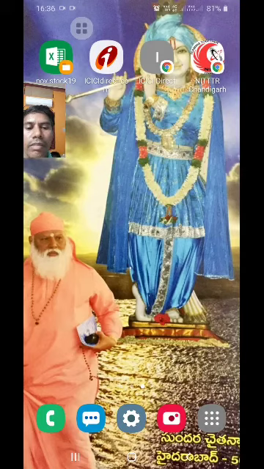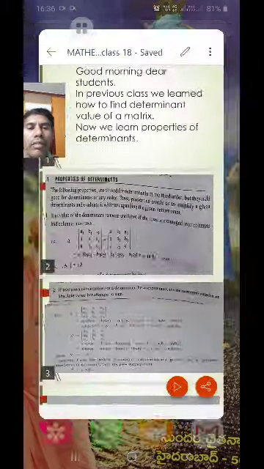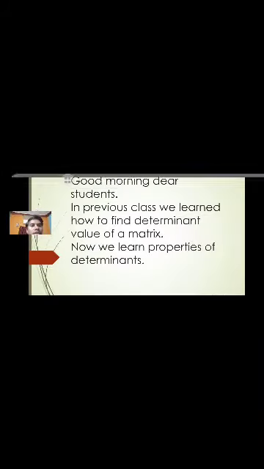Dear students, today we will learn about matrix. In that matrix, we will learn properties of determinants. So the following properties are proved for determinant of third order, but they hold good for determinants of any order. These properties enable us to simplify a given determinant and evaluate it without expanding the given determinant. First property,